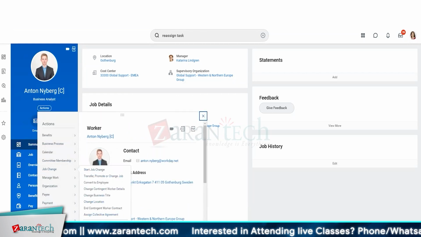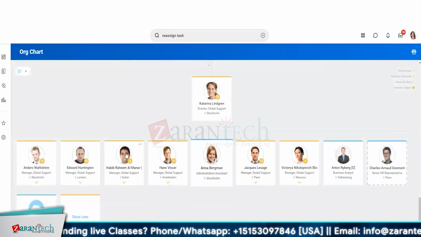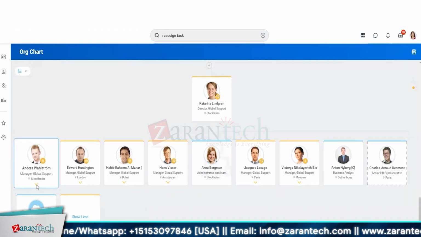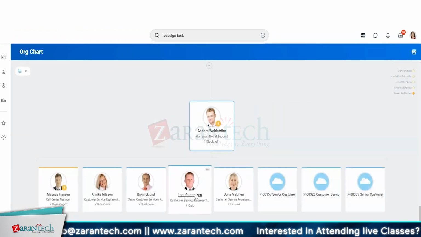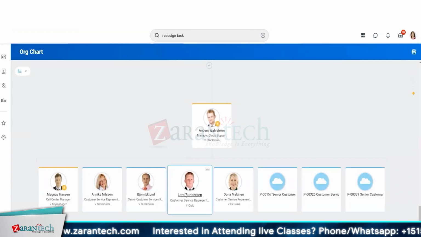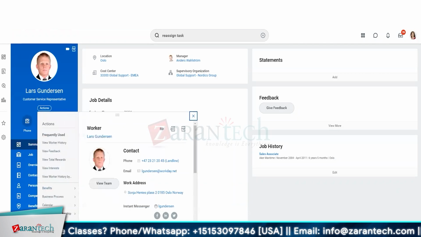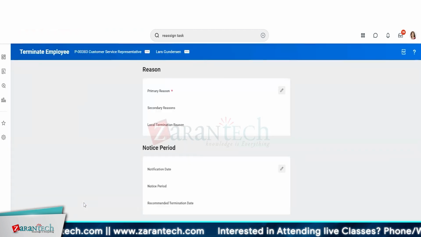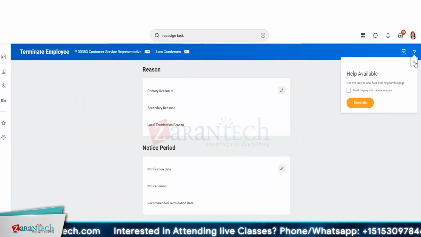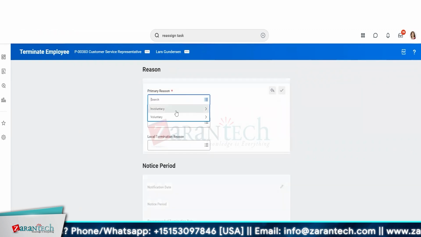Okay, so he's a contractual employee, so he has a fixed term contract. So for example, let's say we want to terminate this person. Go to actions, job change, and we have the option to terminate an employee from right here. So the termination BP will then start. It asks for a primary reason, say